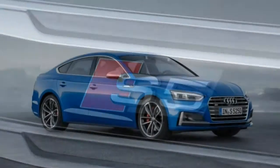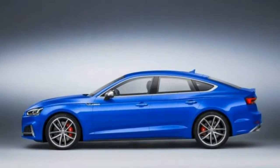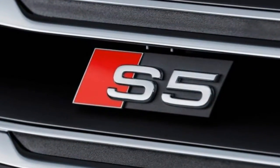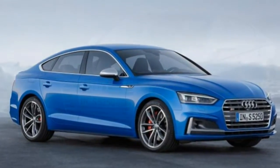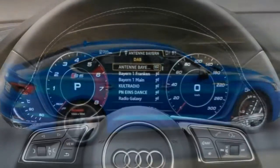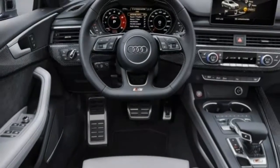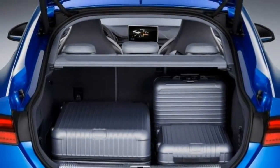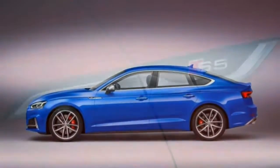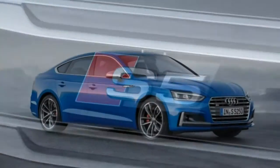On the technology front, you get Bluetooth, a 7-inch infotainment display, a rear-view camera, a Wi-Fi hotspot, remote control via a smartphone app, Apple CarPlay and Android Auto smartphone integration, as well as a 10-speaker sound system with a CD player, satellite and HD radio, 2 USB ports and dual SD card slots. Additional safety features include low-speed forward collision warning and mitigation, blind spot monitoring with rear cross-traffic alert, and Audi Connect Care emergency telematics. The Prestige trim includes all of the above, along with a virtual instrument panel display,